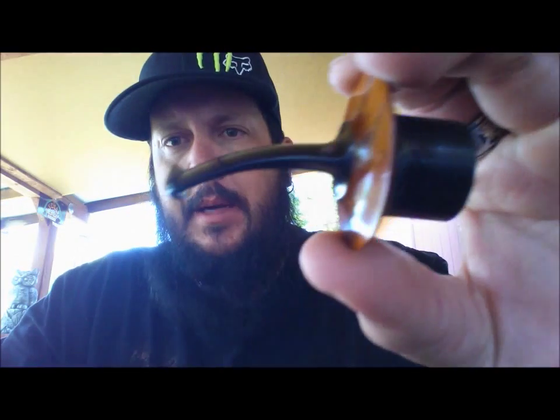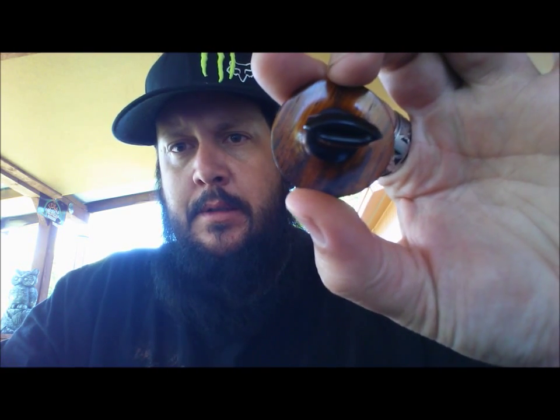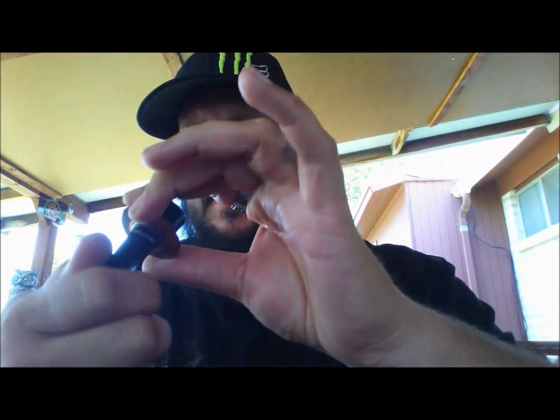Third example of the reverse calabash, inverted calabash technology, is a great example by Grant Batson. This too is his first inverted calabash pipe, reverse calabash. I'm going to keep calling it that until I decide what I want to call it. Grant has done the concave on the stem,